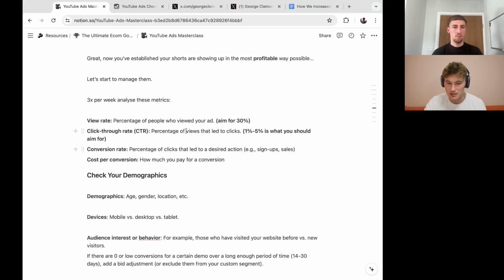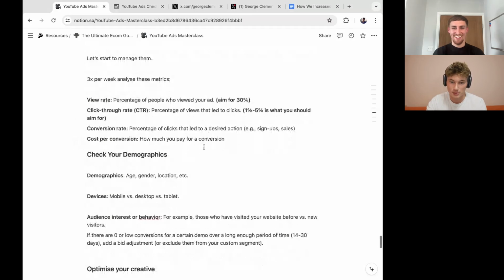Then you want to analyze the performance metrics. On YouTube, the metrics are a little bit different. Google likes to put their own spin on things. It's different from Meta, but you've got things like view rate, so who actually viewed your ad out of the people that saw it, so impressions to view, and I think a view is anything past 3 seconds, right? Yeah. And then you've got click-through rate, obviously, so the percentage of views that led to clicks. People viewing your ad is great, but if they're not clicking on it, what's the point? Your CTR has to be in KPI, otherwise you're probably showing your ad to the wrong audience. They might be entertained by your ad, but they also might be 13 and have no money, so you've got to optimize for that.